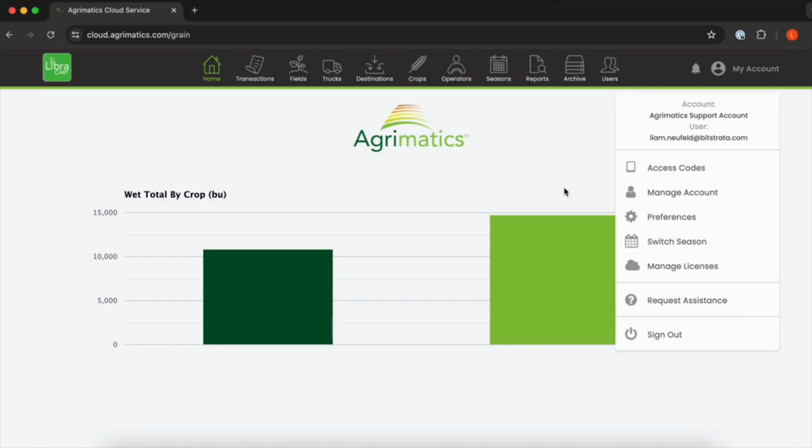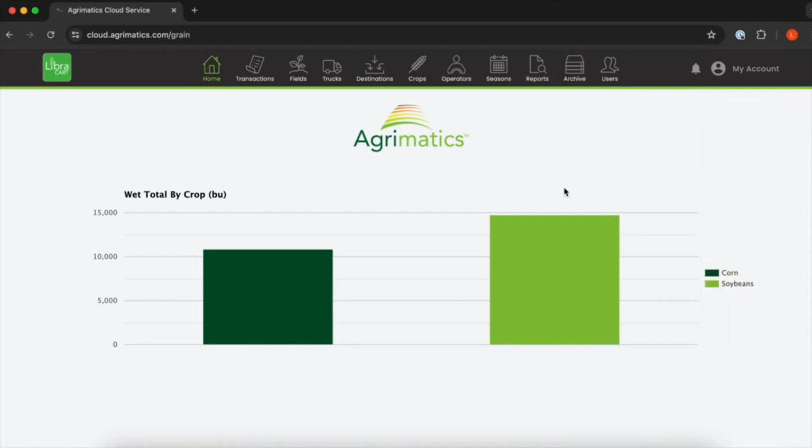It is a pro-enabled account, and archiving and deletion is a pro exclusive feature. So unfortunately for our basic subscribers, it is not a feature offered for them, but it is for our pro subscribers. You have full access to our archive and deletion features from the website. Basic subscribers can still delete data, but they only need to do it from the Libra apps, whereas pro subscribers can do it from the cloud service.